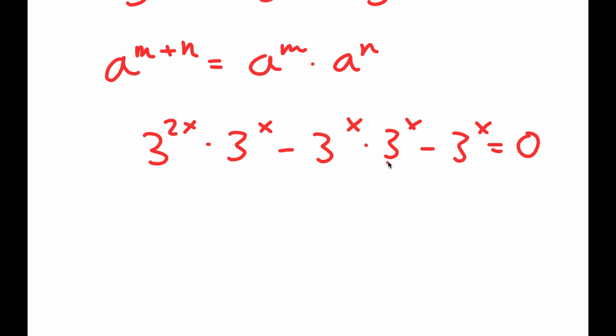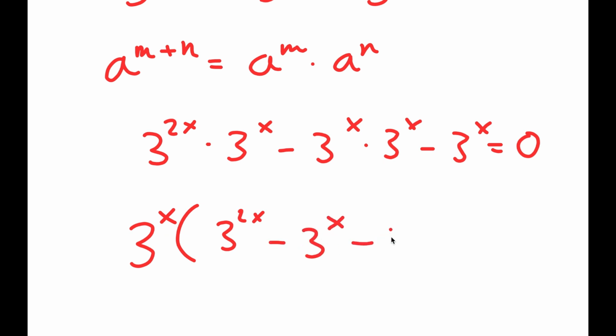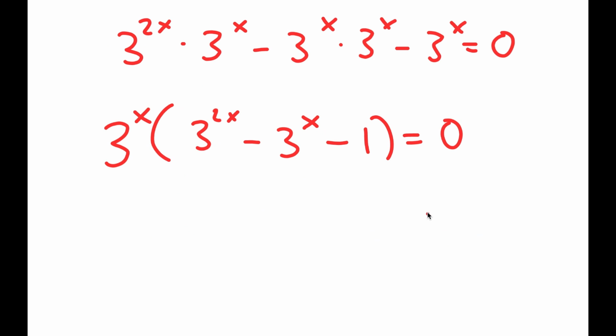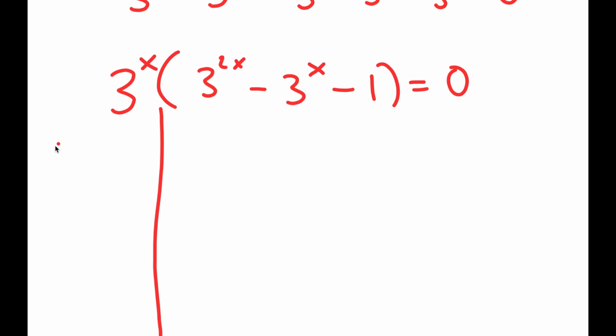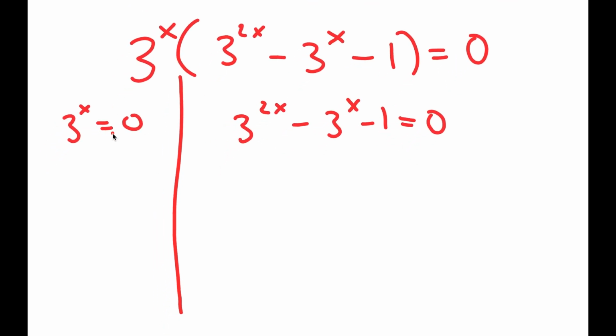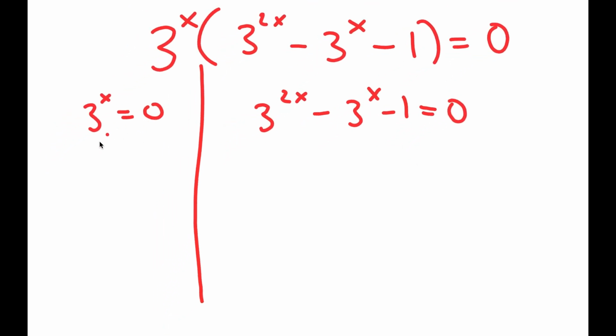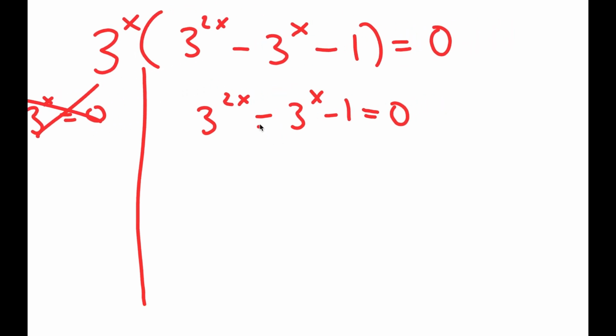And now, look at how many 3 to the power of x's we have. So I'm going to factor out 3 to the power of x. So I get 3 to the power of x times 3 to the power of 2x minus 3 to the power of x minus 1 is equal to 0. And this gives me two equations. I get 3 to the power of x is equal to 0, and 3 to the power of 2x minus 3 to the power of x minus 1 equals 0. So 3 to the power of x actually has no solution. So all we're left with is 3 to the power of 2x minus 3 to the power of x minus 1 equals 0. And to solve this,